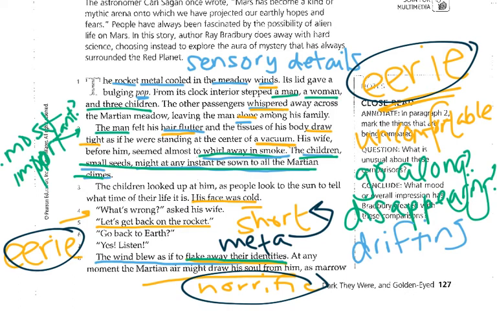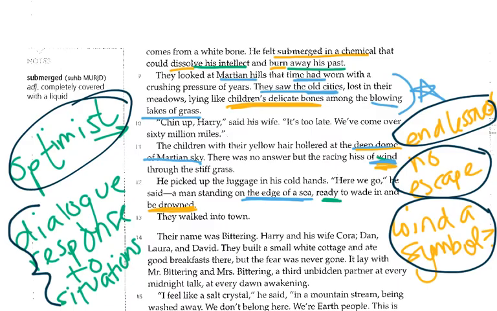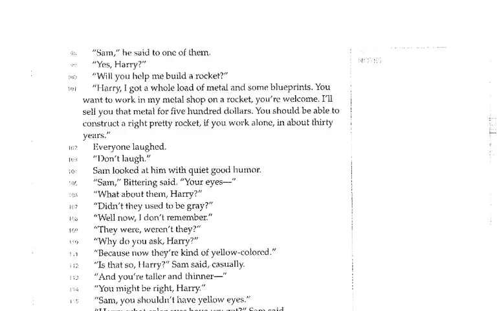I am making guesses over here. Making guesses with characterization over here. Because at the beginning, yes, I'm getting some maybe direct sense of, the children were small. But when I'm getting a description of a character at the beginning, it's likely to be important or change throughout the piece. So at this point, I'm just using it to make inferences about what this might mean for the rest of the story. So I'm hoping that you will do the same thing with Ray Bradbury's next story, which is